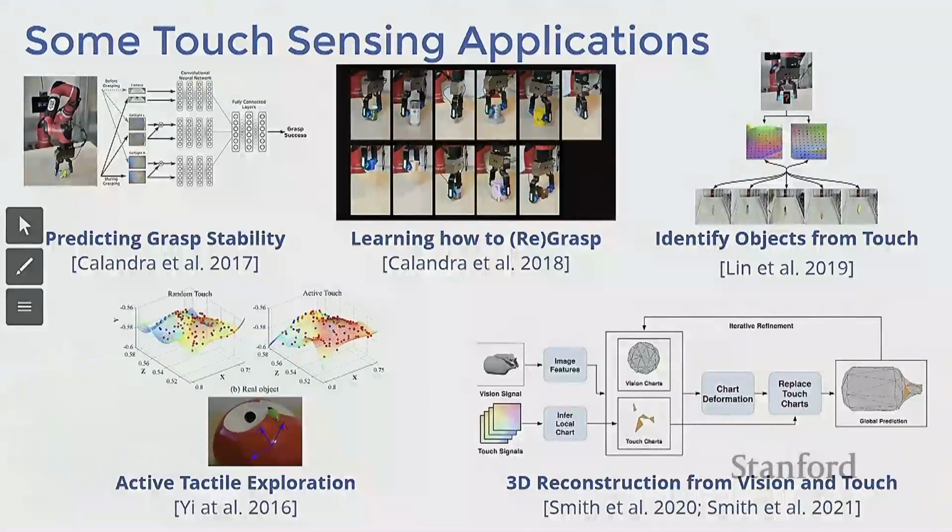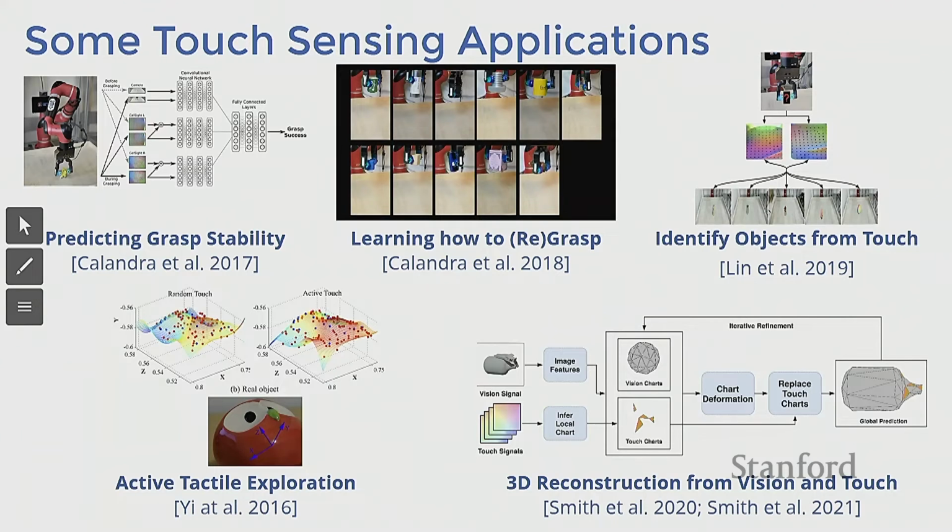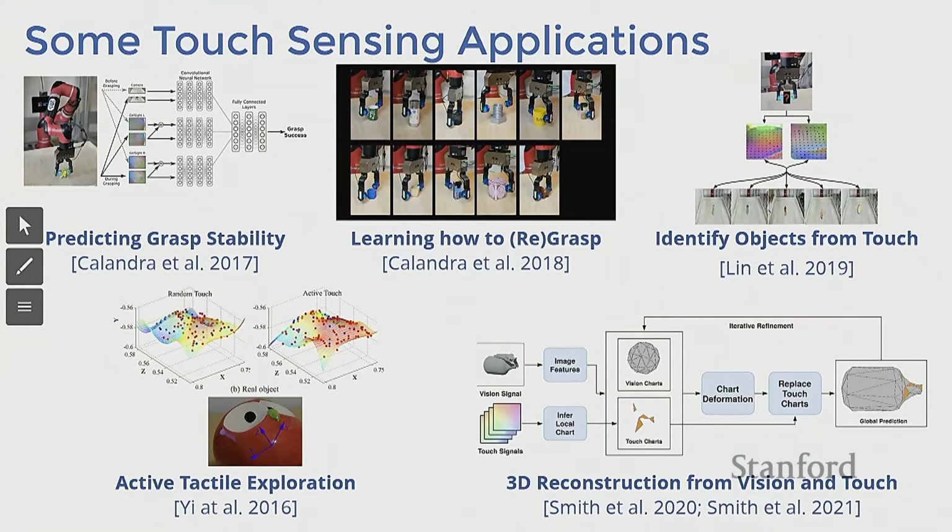Also learning multimodal representation, which can transfer from vision and touch. As a human, if you look at an object, you can guesstimate fairly well how this is going to feel when you touch it. And vice versa, if you're blindfolded and you touch an object, chances are that you can estimate how this is going to look visually, and potentially also, mechanically, what's the material you're touching and so on. And then also reconstruction of surfaces, both from just touch and from vision and touch.